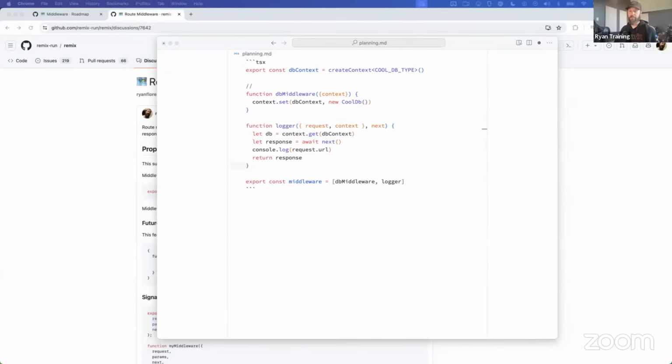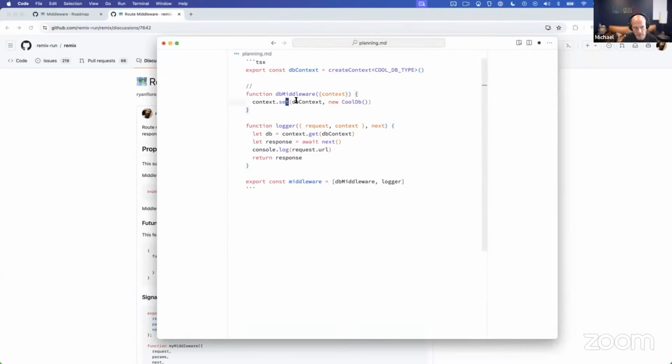There was a question in the chat about async local storage. Yeah, I just wanted to address that real quick. So Sergio already gave the right answer, which is